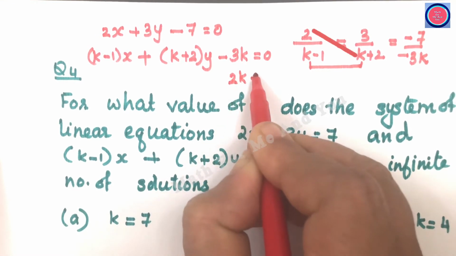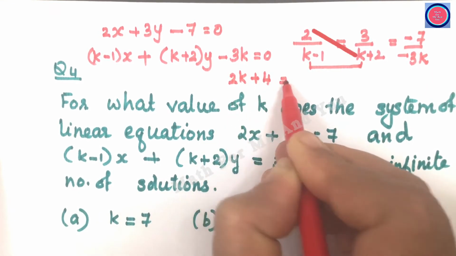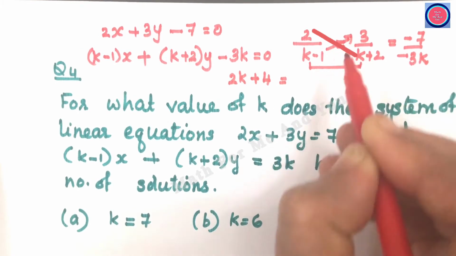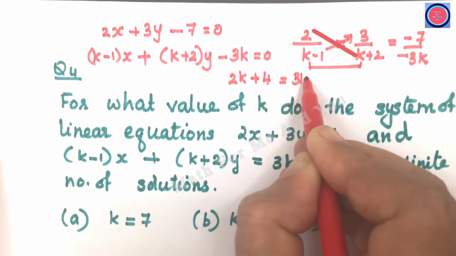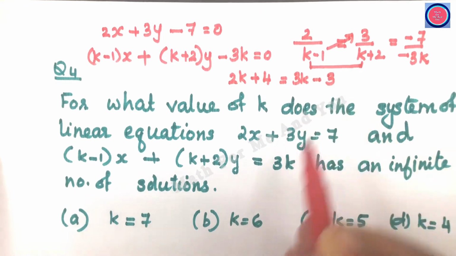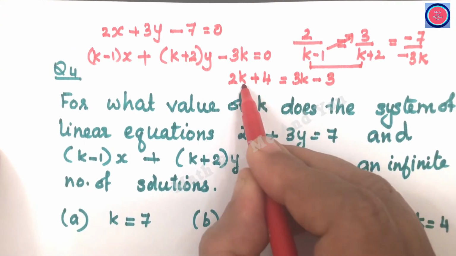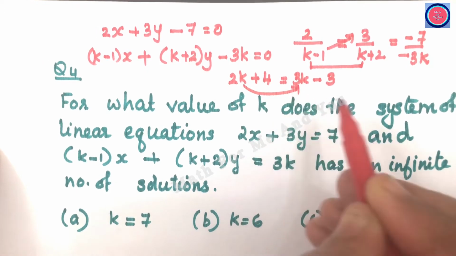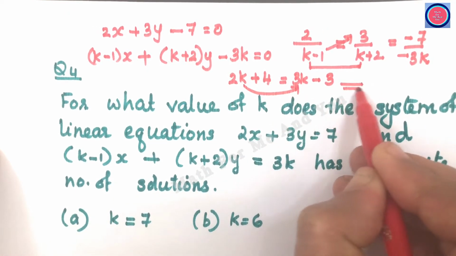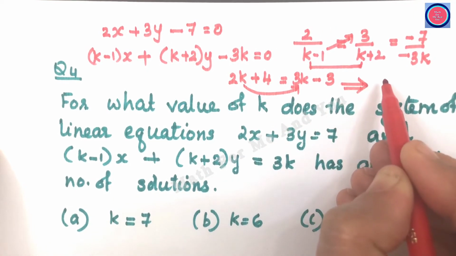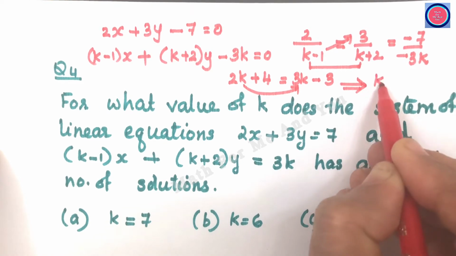So we get 2 times k plus 2, that is 2k plus 4, is equal to 3 times k minus 1, that is 3k minus 3. Collect k terms on one side and numbers on the other side. So we can move 2k to the right side, it becomes minus 2k. Then we get 3k minus 2k, that is k is equal to